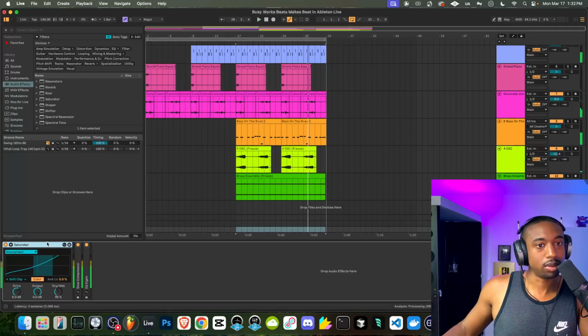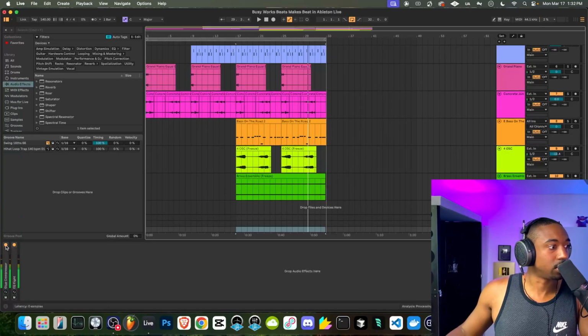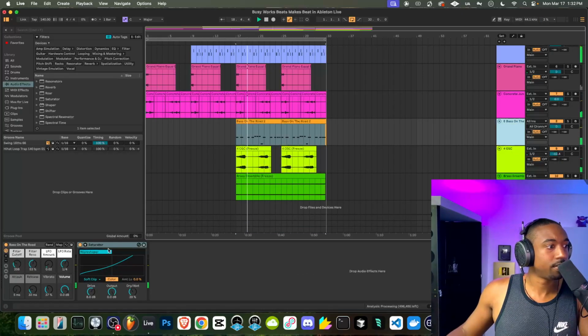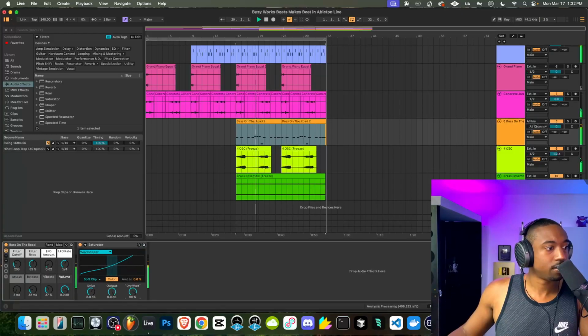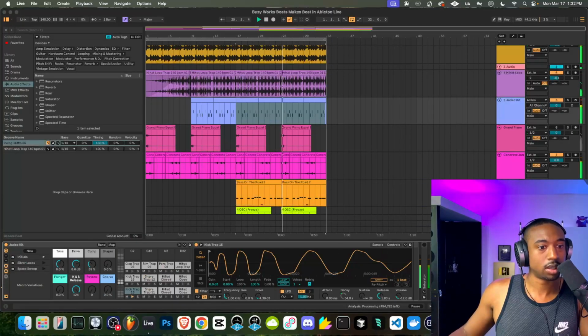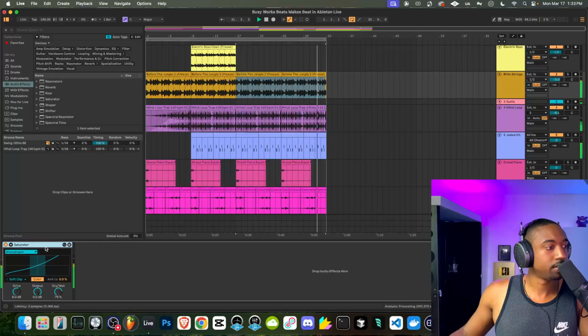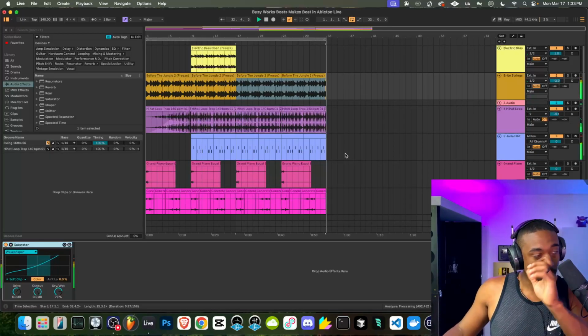I like that saturated sound, but only on the bass elements. I don't know if there's a way to just left click and drag stuff. Oh, I think we just did it. So let's take it off the master because it's too aggressive on all the sounds. Copy it. Let's paste it on the drums. It sounds terrible on the drums. Let's try it on the strings. It sounds pretty fire.